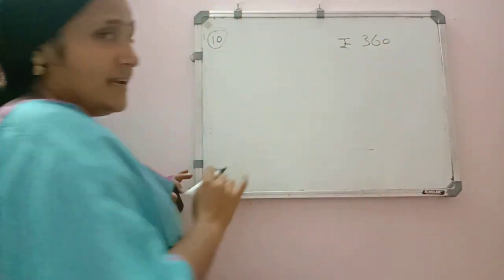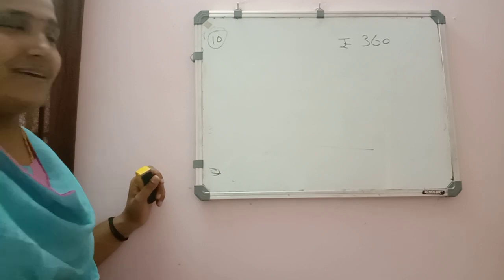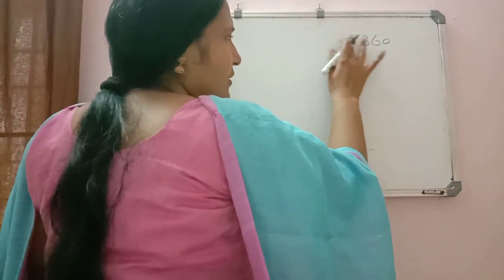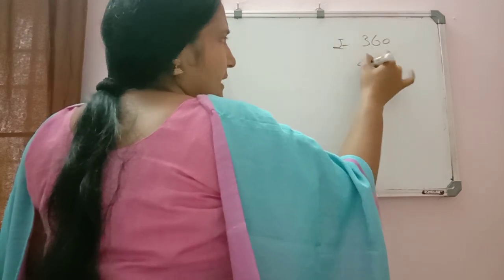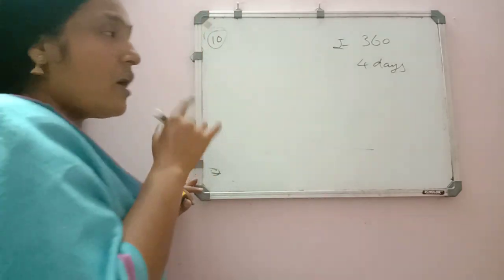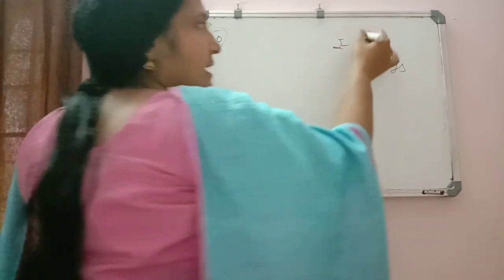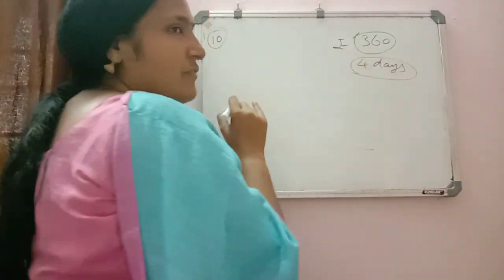And your father said you have to spend only 90 rupees one day. So if you have to spend rupees 90, suppose you are going for a tour for 4 days. Then how much rupees can you spend on one day? You have 360 rupees and you are going for a tour for 4 days.